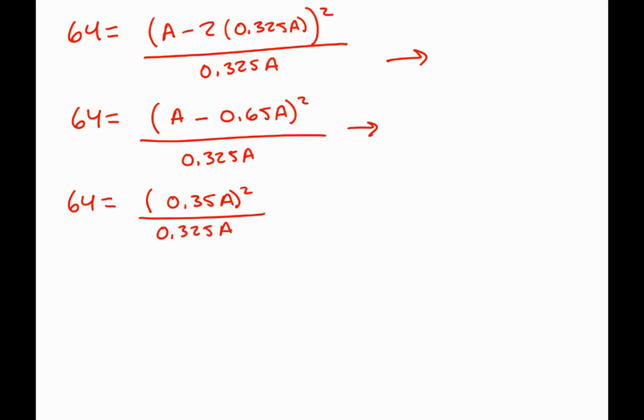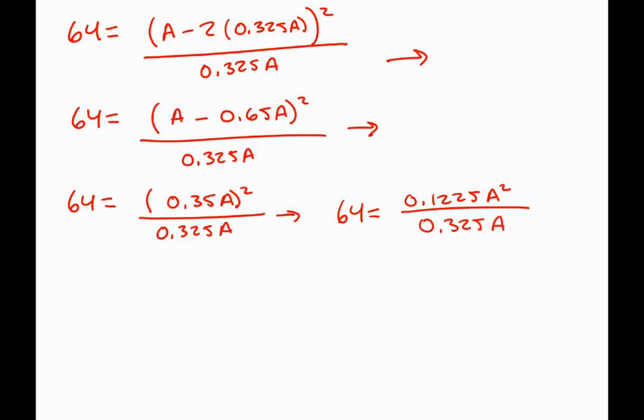This numerator is identical to what we defined earlier in the problem, right, that at equilibrium, the pressure of the NO2 was 35% of the initial, or 0.35A. All right, now what we're going to do is apply that square, and don't forget that this square applies not just to the A, but it also applies to that coefficient of 0.35. So don't forget to apply it to both of those things. What we're going to get is 64 is equal to 0.35 squared, which is 0.1225, and then A is squared as well, over